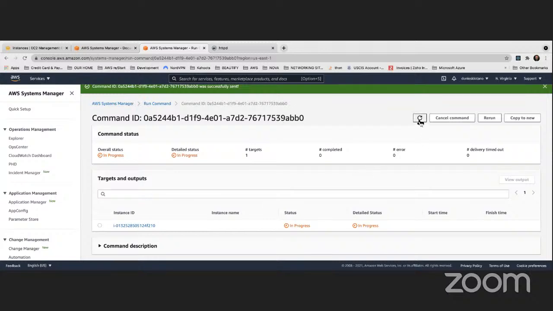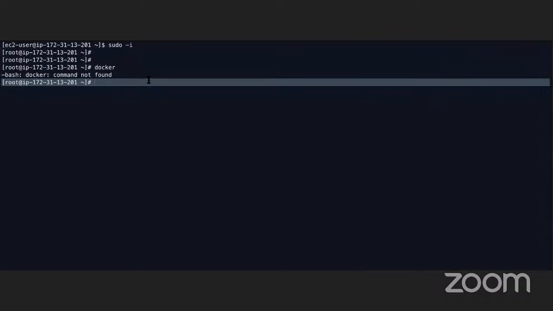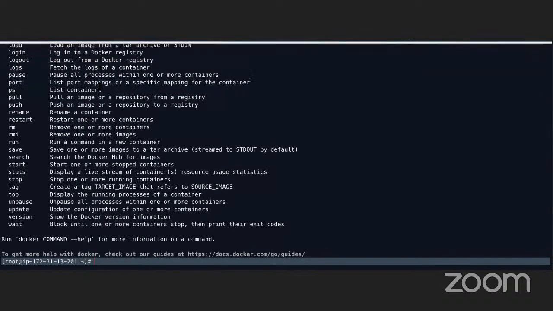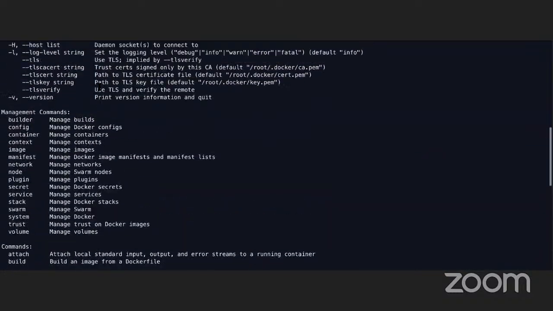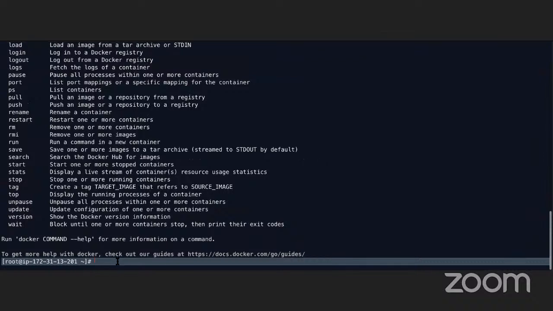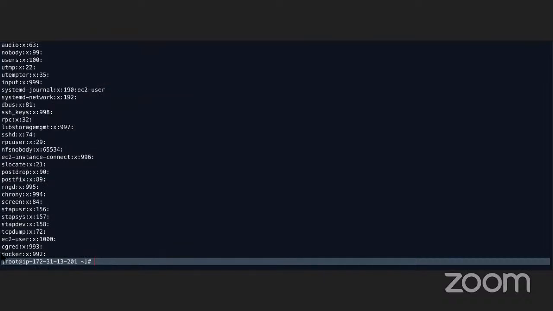Okay, so now if I refresh this, it says that it was installed. Now I can go back to my EC2 instance and say docker, and I get a lot of commands here. So Docker was installed. Perfect. Now let me cat the etc group. Remember that with this, we can see the groups. So we see that there's a Docker